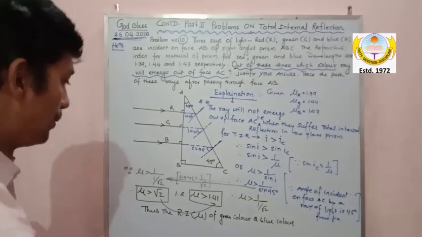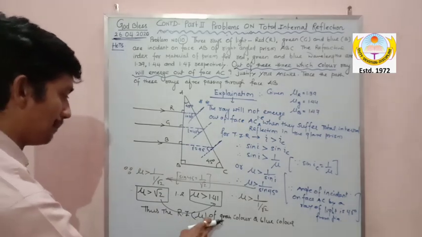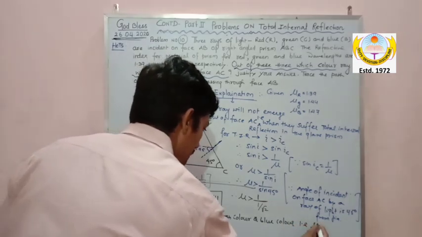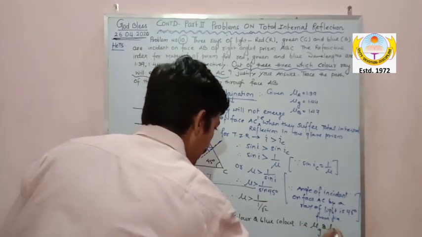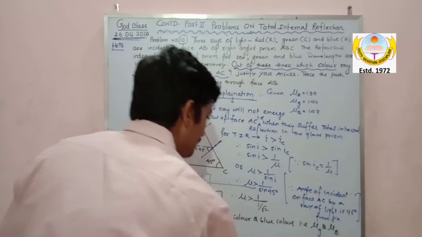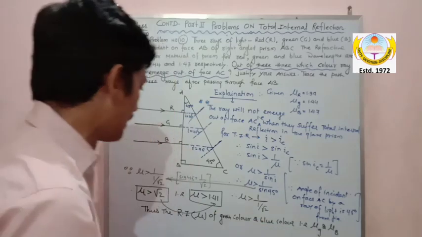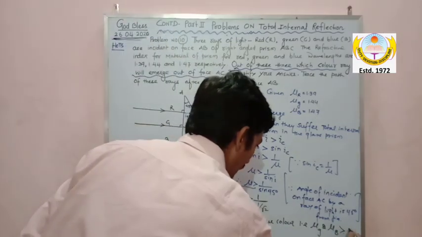Since the RI, mu of green color and blue color, that is mu of G and mu of B, green and blue color, is greater than 1.41,